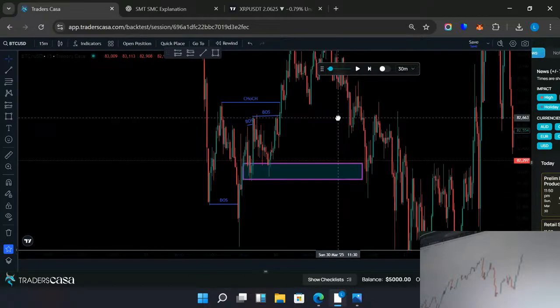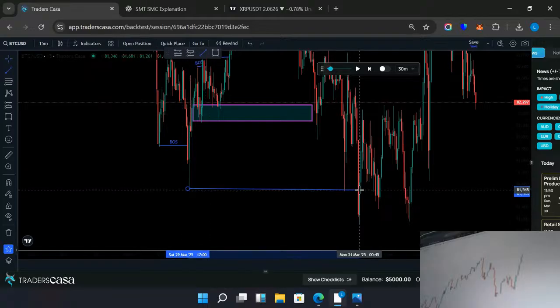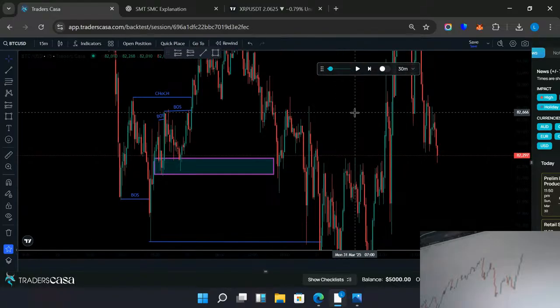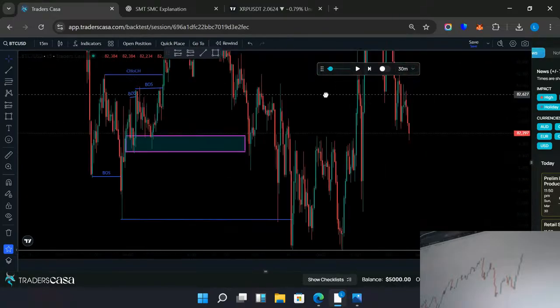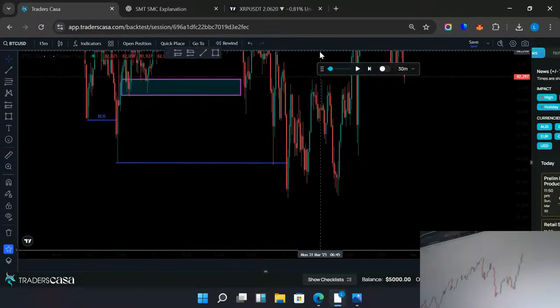Because this is not normal if the price has made another lower low over here. It is not that common. It's not common at all. The price has made another lower low. How has it made it? Either it is a liquidity sweep that has happened, and in that case we